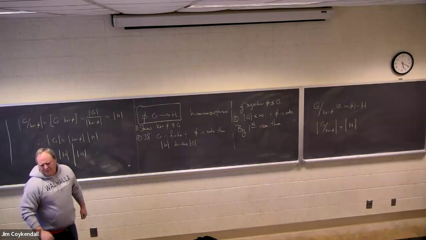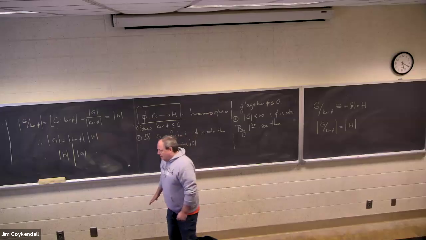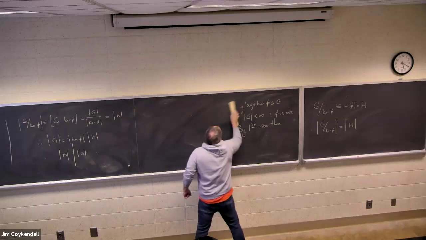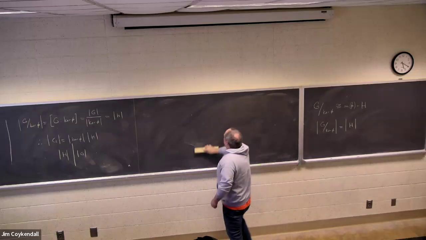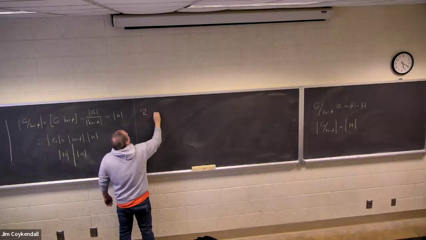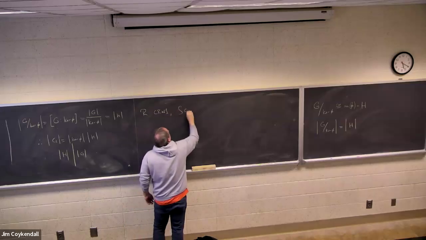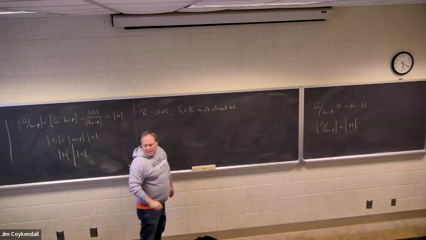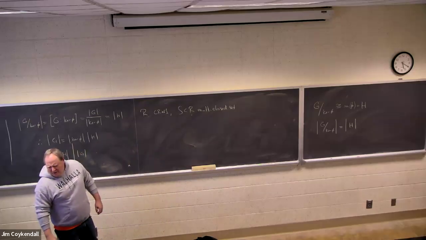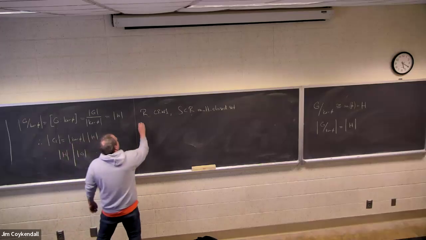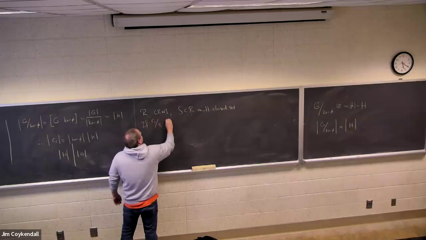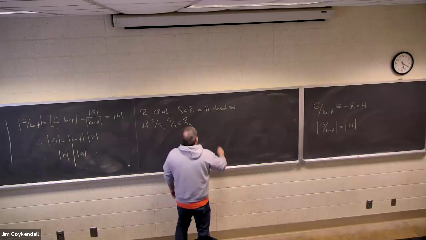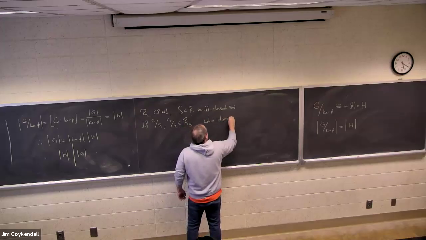And really the meat of the question here is, if R1 over S1 and R2 over S2 are in this localization that we form, what does it mean